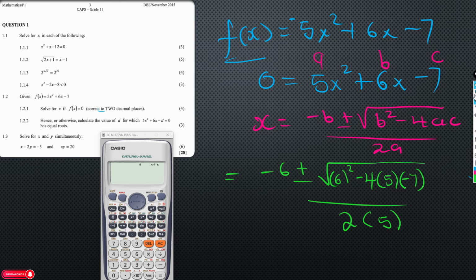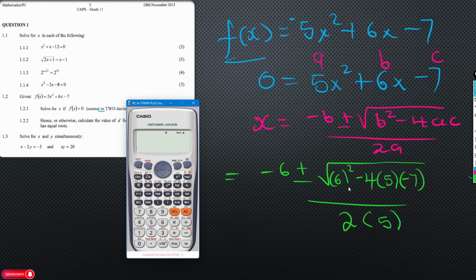So now I'll just go and try to calculate this as given. Let me say that we have 6 squared minus, let's take the inner part, 6 squared minus 4 times 5 times negative 7. This will equal 176. So the square root of 176 will give us that. So now we can come down here and say,